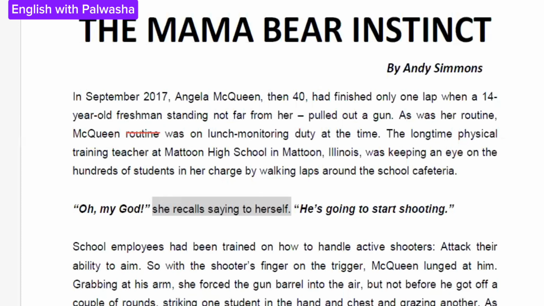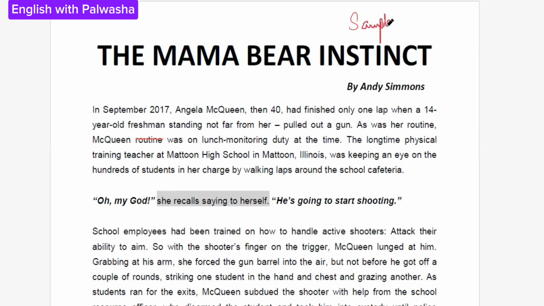Okay, so my dear students, this is the sample article writing. All right, this is the sample article answer, which I'm just sharing with you. This is the headline. This is the way you are going to write the headline. And after writing this big, huge, catchy headline, you are requested to write by whom it is written. Your name is a must to write here on the top right corner. All right, in the beginning I have seen that it was edited, but here I'm telling you it is going to be the exact sample where you have to write the by-line as well.